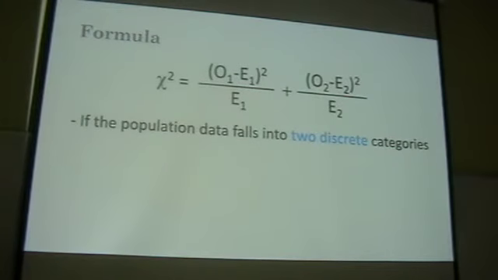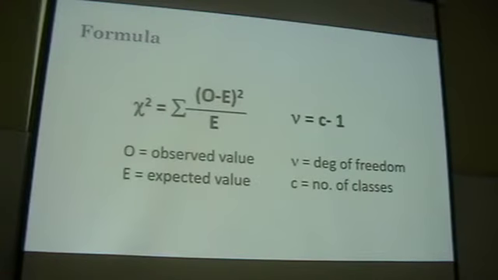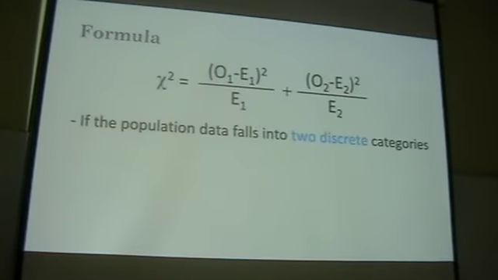Let's say we are looking at 2 discrete categories. For biostats, we are usually looking at 2, between your data, that means the actual experiment, and your expected. So if it's 2, it's like that. So you understand how the summation sign works, right? Initially it's like that, the summation. So now you calculate the O minus E squared over E for one set, then you add it to the one for the second set of data. So that's the idea of the summation sign. Do I need to elaborate further on how to do this? Can you understand now? Okay, great.